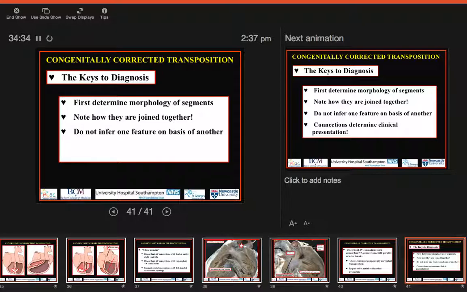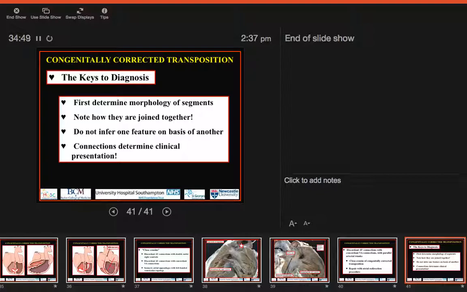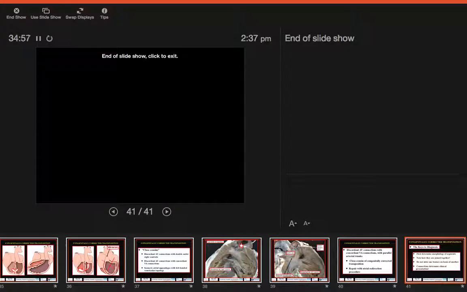We should not use one feature in the congenitally malformed heart to try to determine another. All of these features are important: connections, relations, infundibular morphology, but for you as clinicians, it is the connections that determine the clinical presentation, and so it is the connections that should be paramount. So now we have some lovely hearts to demonstrate, so I'll show you congenital